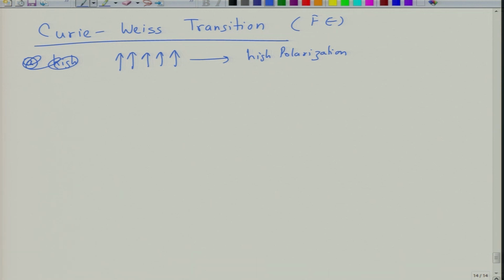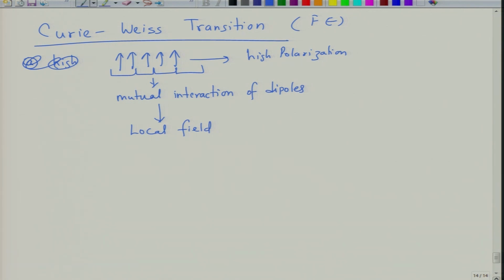In ferroelectrics, what also happens is the interaction between these dipoles. So these dipoles are not non-interacting, rather they are interacting dipoles. So we can say there is a mutual interaction of dipoles, and this mutual interaction of dipoles is due to what we call a local field. So far we have not talked of local field, we have only talked of a macroscopic field, and this local field tends to be higher than the applied electric field,